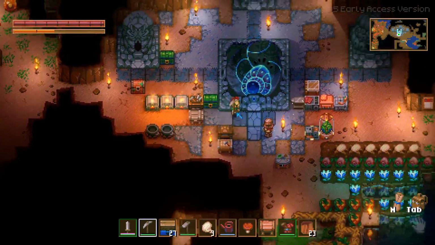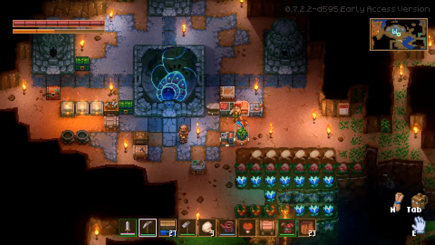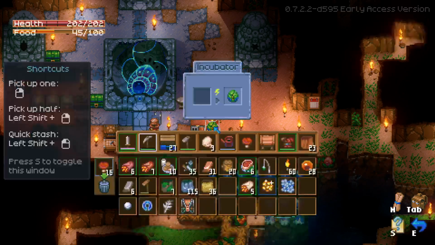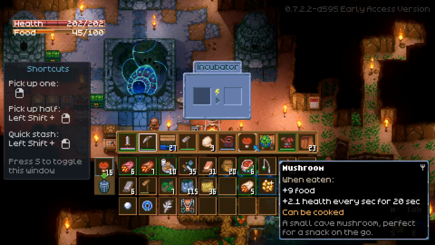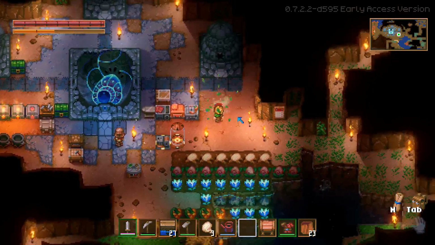Yeah, we do not want to plant that because they're called cavelings. That's what they're called. We do not want to anger those or create a spawn point for them just yet, because eventually I will, just for farming's sake. But not just yet. And the egg is ready to hatch. So, put it in our inventory, select it, and